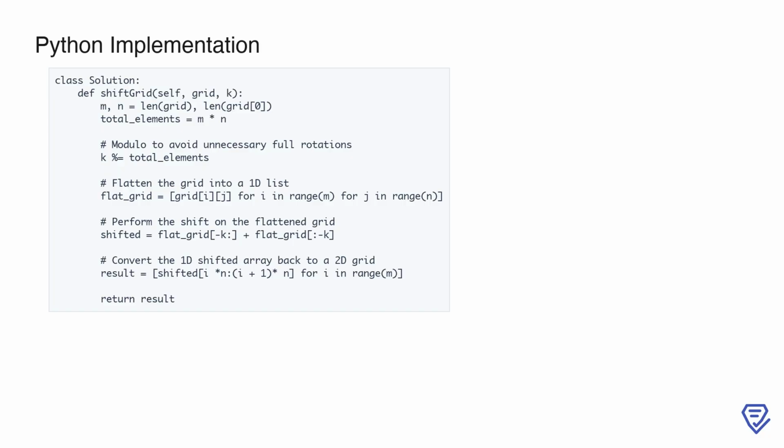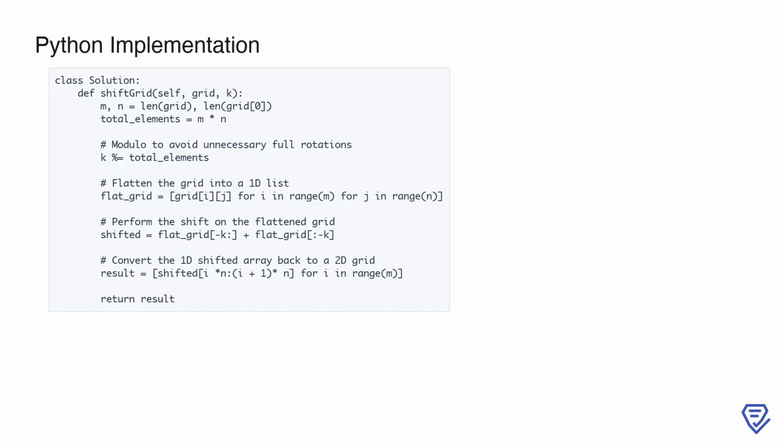This approach is efficient with a time complexity of O(m*n) for flattening and reconstructing the grid. The space complexity is also O(m*n) due to the additional flattened list. The implementation handles edge cases like k equals 0 or k being larger than the grid size automatically via the